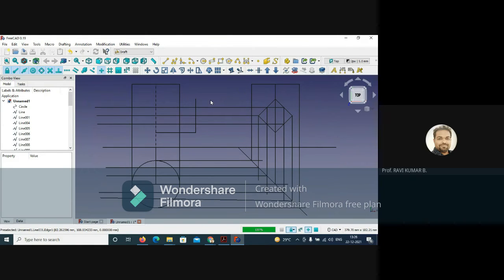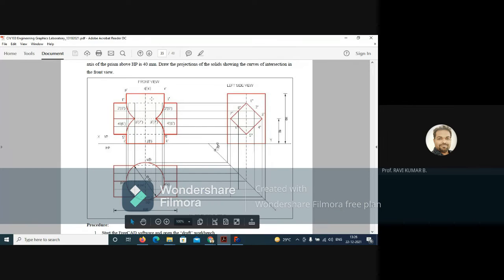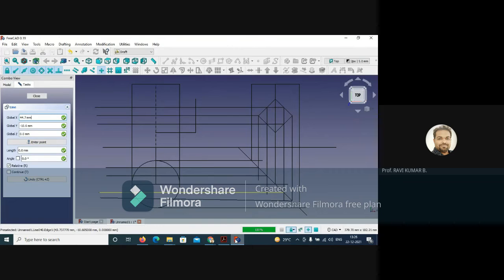Actually, by hiding, our work will not be complete. There is a lot of modification that you'll come to know. That's why I'm doing this. You see in this diagram, all these modifications we have to do. So we cannot go with a continuous line, because we have to convert some of these lines into dashed lines, and also we have to connect curves like this. So a lot of modifications will be done. So we have to delete all those lines. Later on, we can extend it.